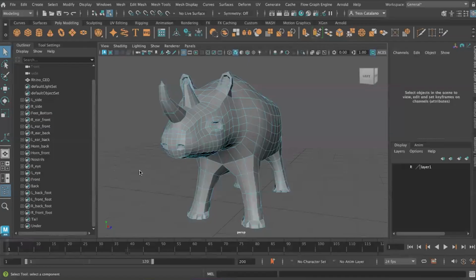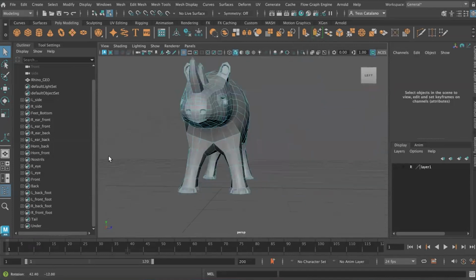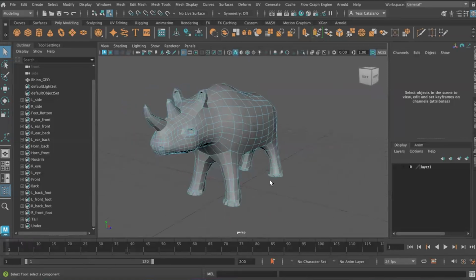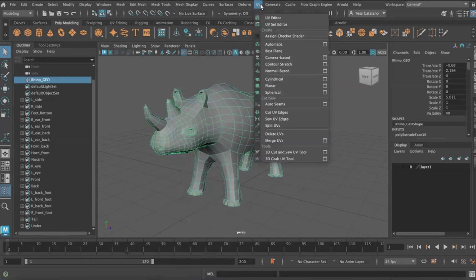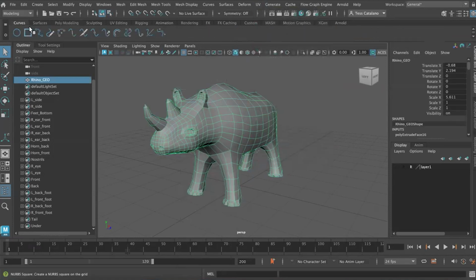Okay, now that I have all of my selection sets created, where I've broken down the faces of this model into general categories that I'll then create UVs from, let's look at UVs. And UVs are the way that, let me actually communicate this by adding